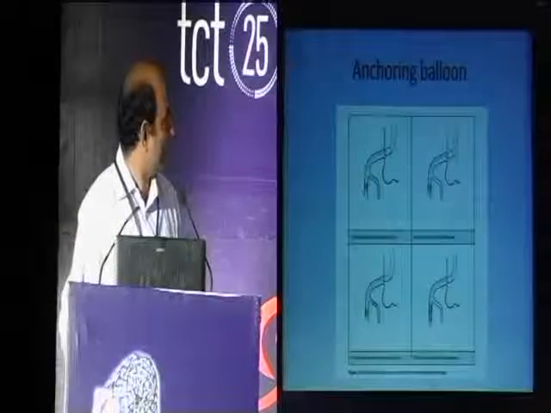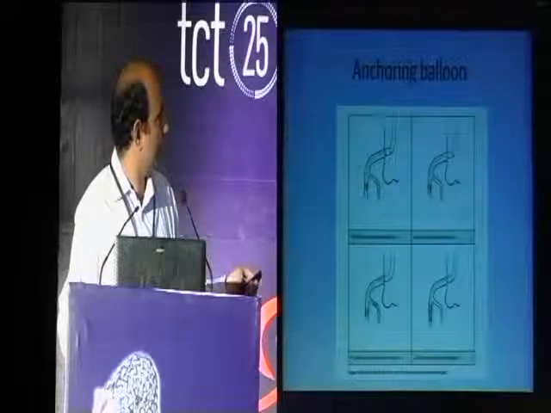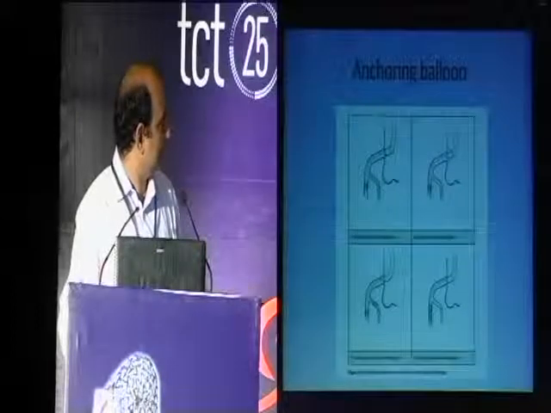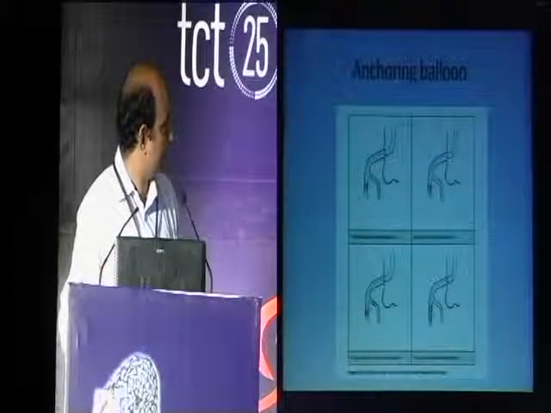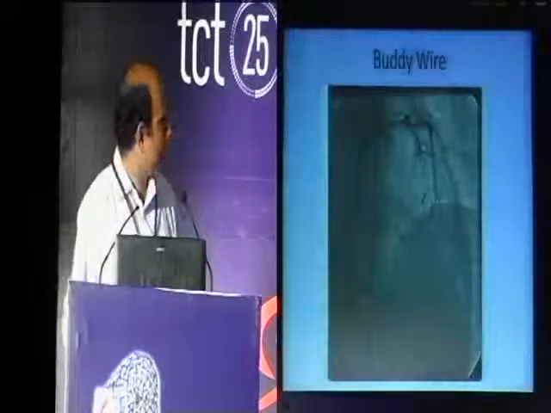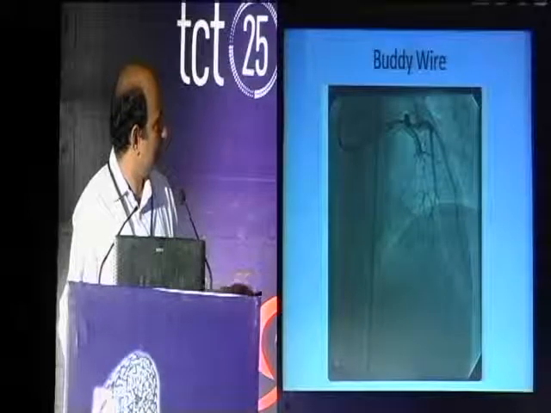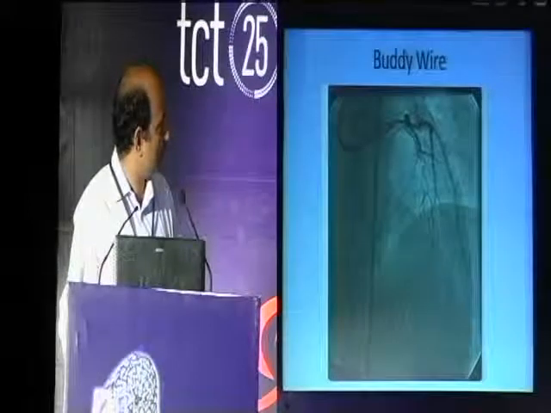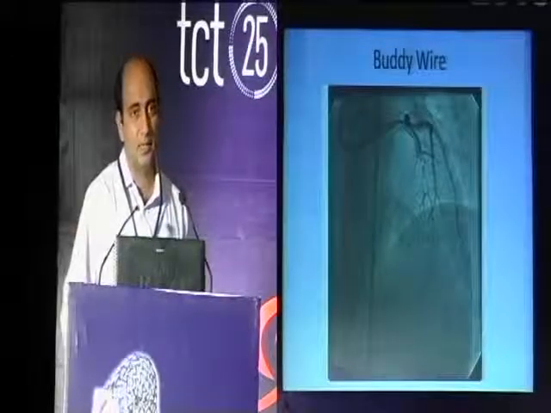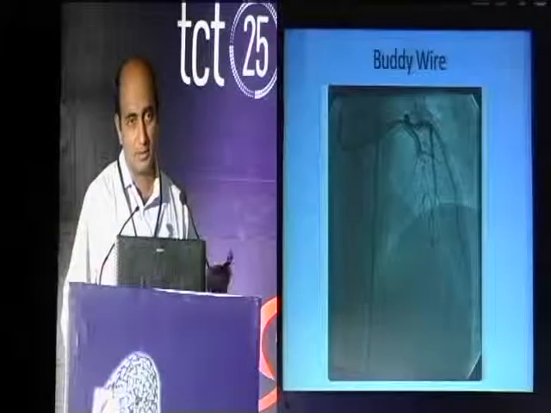And this is the anchoring balloon, which is quite widely used. If you are in a right coronary, you can put your balloon into the conus branch. This is the lesion, and you can see they have passed a wire, kept a balloon here, and they put a stent here. This is the buddy wire technique, where if you have a calcific or difficult lesion where the stent is not crossing, you can cross one wire and then you can take one more wire. The advantage is that the second wire either will help prevent slippage of the stent, or it will give more support to the passage of the second stent.